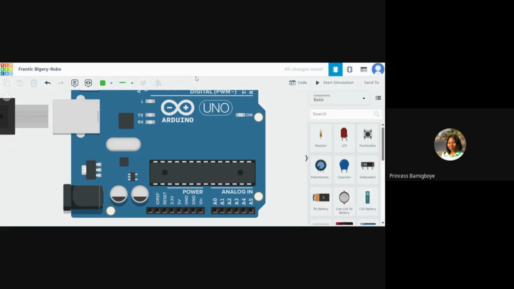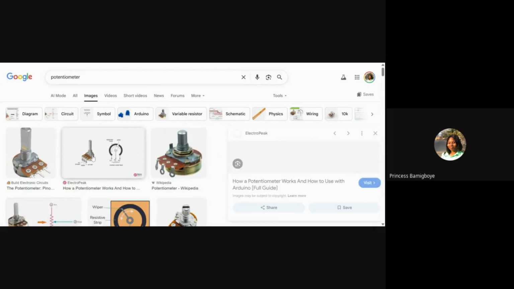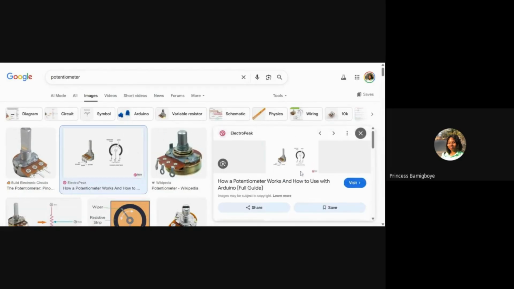So for instance, if you have a potentiometer, that's like a knob. Let's assume you have a knob. Let me show you. Take for instance a knob like this, which is an example of an analog device. You can see in this image how it works.